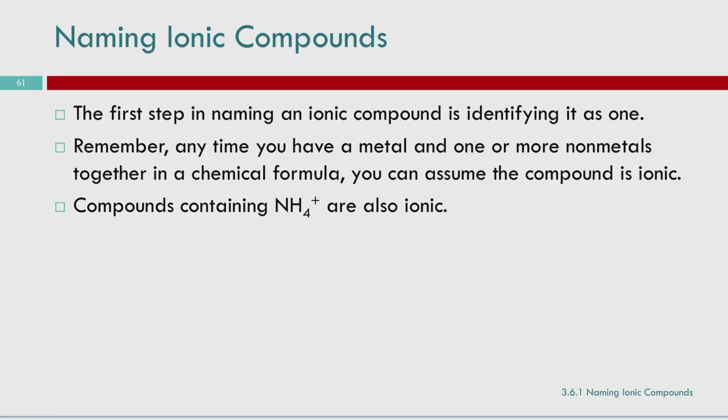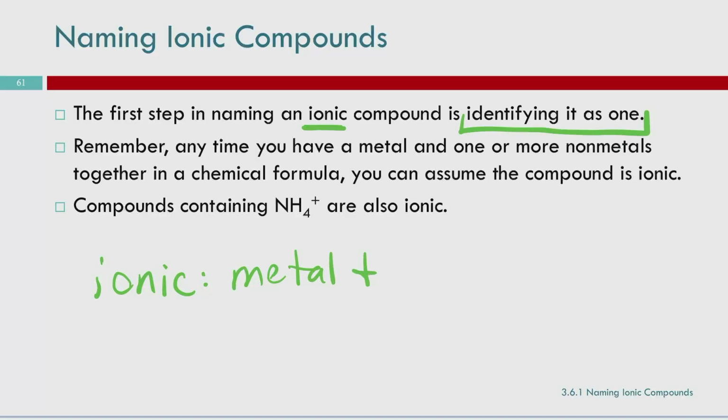Again, our first step in naming is identifying what it is we're naming. So if we're naming an ionic compound, we need to identify it as an ionic compound. An ionic compound is a metal and a nonmetal. And this is true